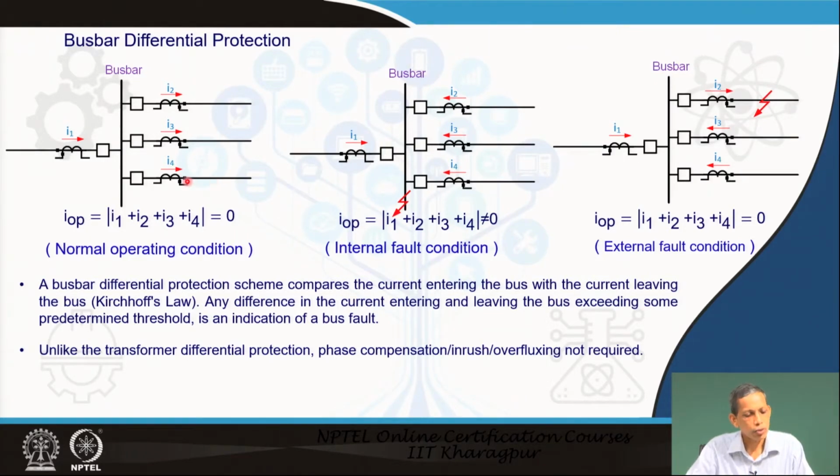applied to the system. Like earlier, the CTs are connected such that I operating becomes 0 for normal operating condition, the summation of the current magnitudes for the differential protection perspective. But for an internal fault, all the currents enter and the CT connections are such that I operating becomes significantly high, and that is nothing but the fault current. So that we already know for the internal fault condition. For an external fault condition, similar to the normal operating condition, the summation of all the currents should be 0, but this may not happen in case of CT saturation and so on.